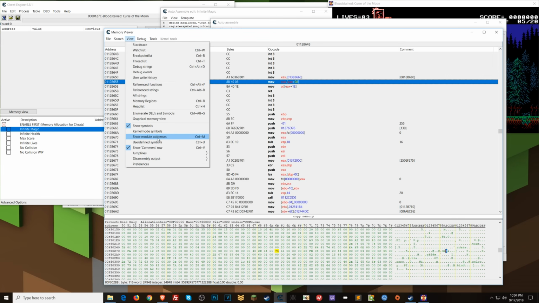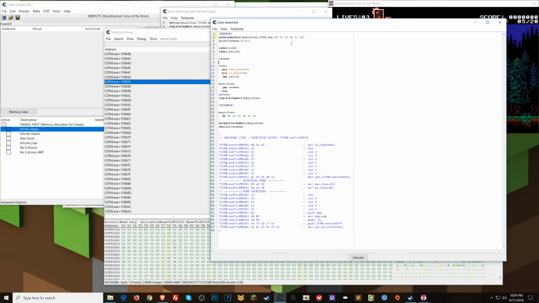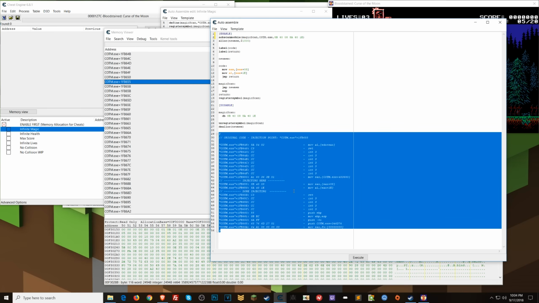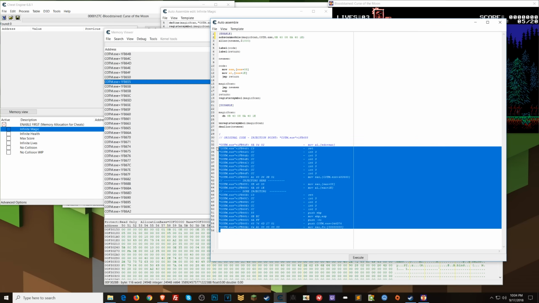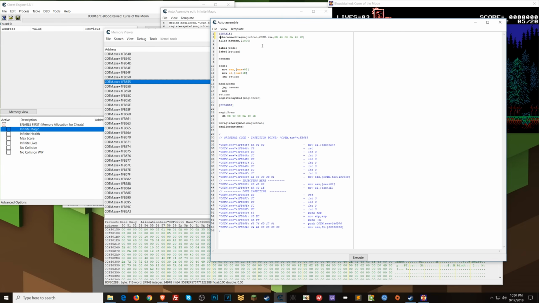So let me turn back on show module addresses. And so what I'll do now is, I still like to do the whole AOB thing because it gives me a snapshot of code. So if there's an update to the game or something, and the array of bytes breaks, or the script basically stops working, this can tell me a lot to lead me back down the right path, if I need it, to have this code snippet. And then I can just comment out the AOB scan module portion in case I need it. So instead of doing that,